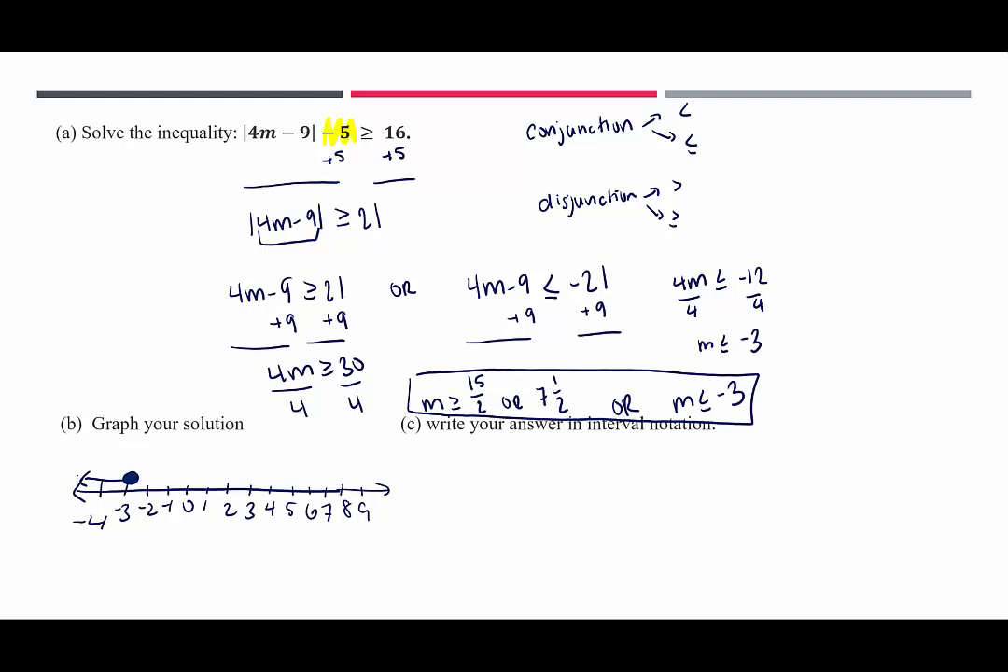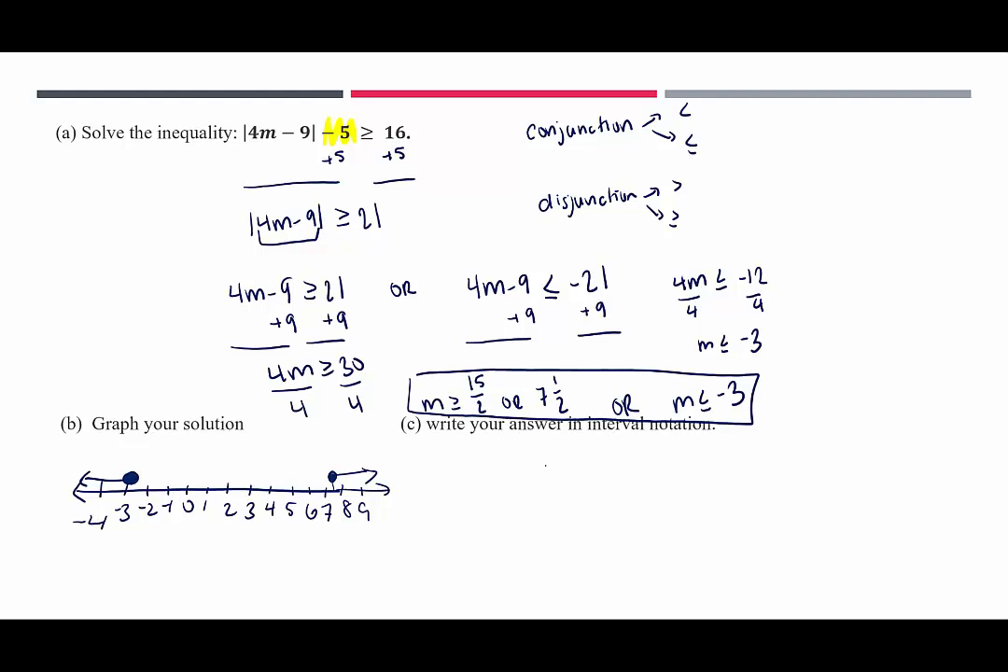So plug in negative 4 to the original inequality and see if it does in fact produce a true statement, which hopefully it does. And then we have 7.5, that's right in between 7 and 8. Also a closed circle, meaning 7.5 is itself a solution, and the arrow is going to the right, all the numbers that are bigger than 7.5. So there's the graph, and the last step is to write the